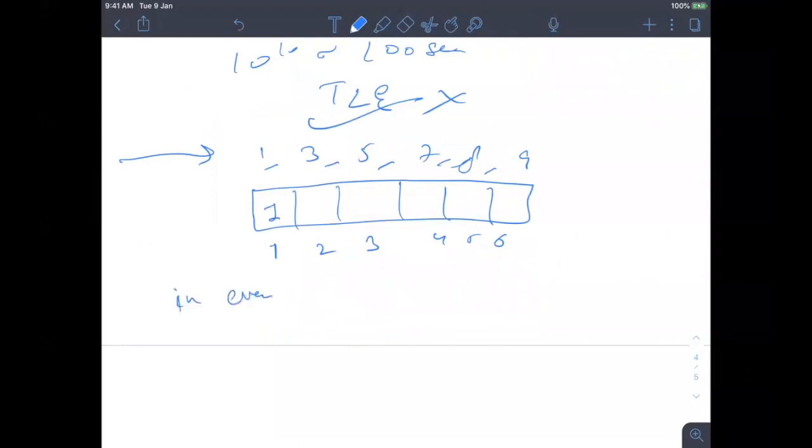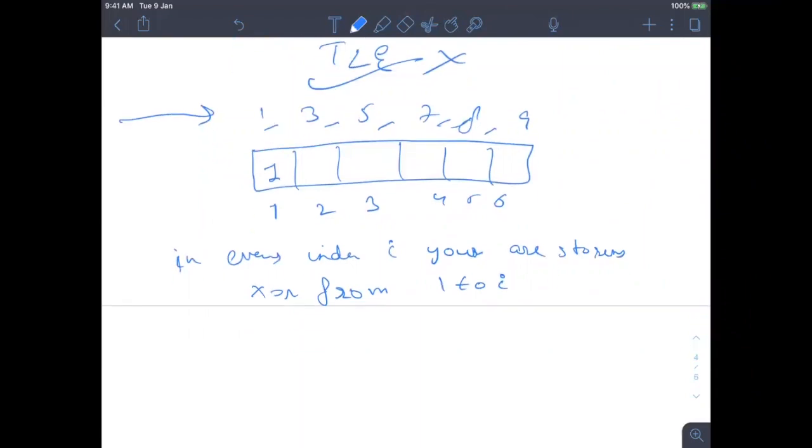In every index I, you are storing the XOR from 1 to I. In the first index, you are storing the XOR till 1. In the second index, you will store 1 XOR 3. In the third, you can store 1 XOR 3 XOR 5.